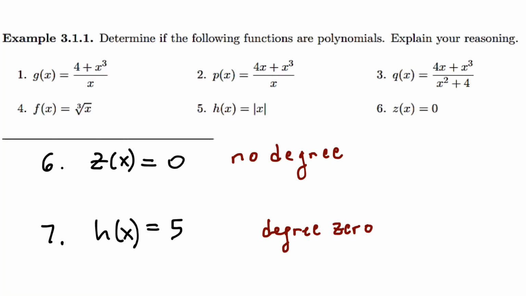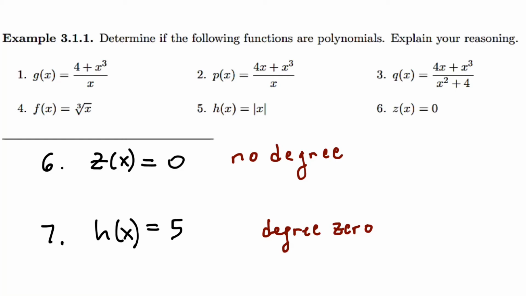It's not going to show, because 0 times anything is 0. So we essentially say that it has no degree. Okay? So if z of x is equal to 0, there is no degree. Okay, if I look at number 7, if h of x is equal to a non-zero constant, really you've got